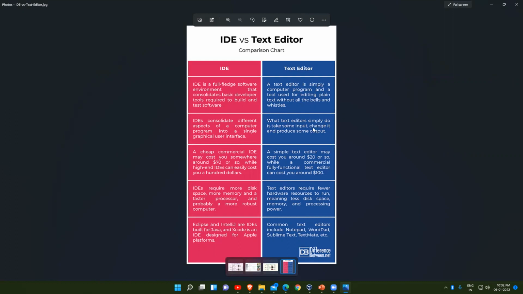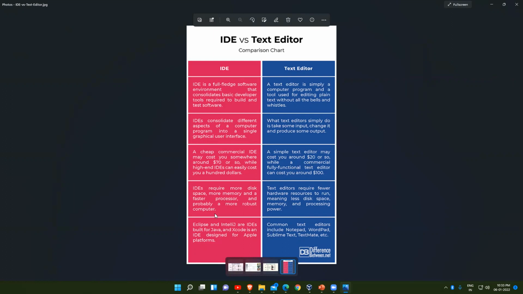What a text editor simply does is take some input, change it and produce some output. Some IDEs include some cost, and some are open source. Here also some of the tools come at a cost, otherwise you can use the open source ones, which means free tools. IDEs require more disk space, more memory, a faster processor, and probably a more robust computer.